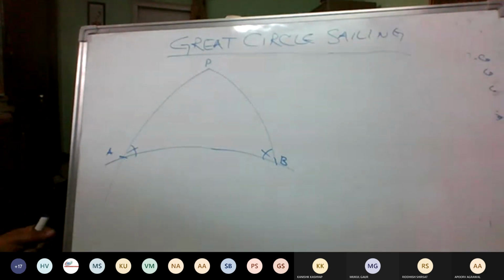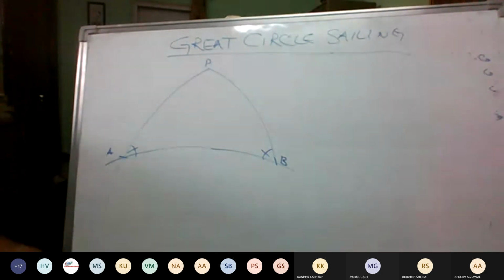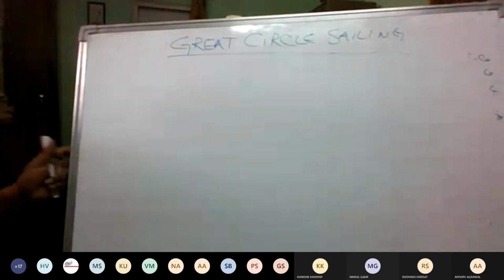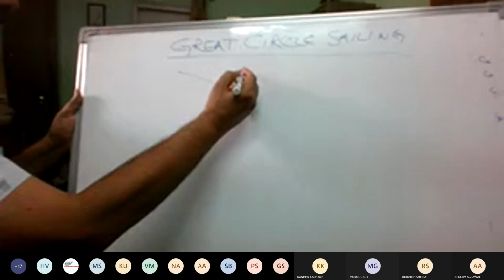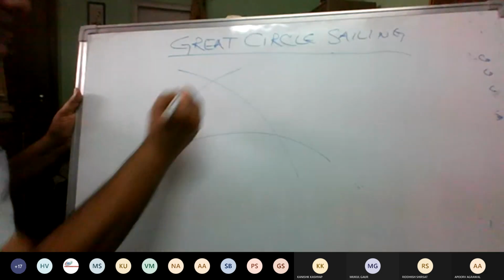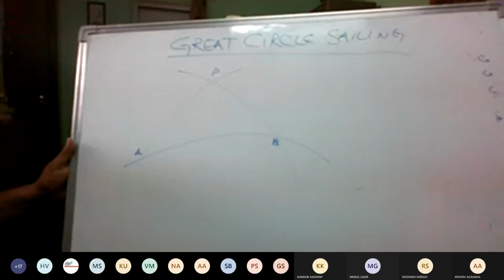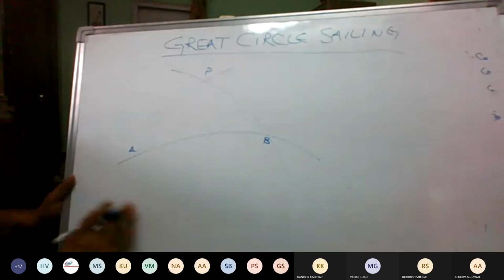Okay. Now, in a spherical triangle, we can solve questions using formulas. So let us talk about the basic things before we come to the actual great circle problem. Suppose this is one great circle, this is another great circle, a third great circle. A, B, C. In the case of